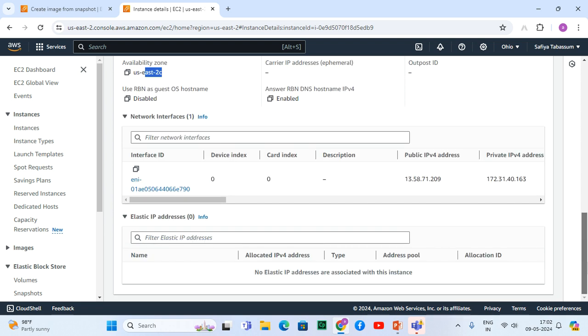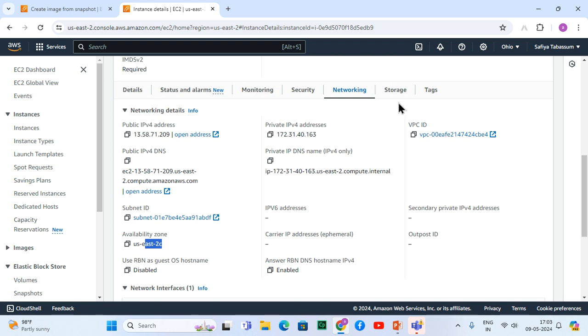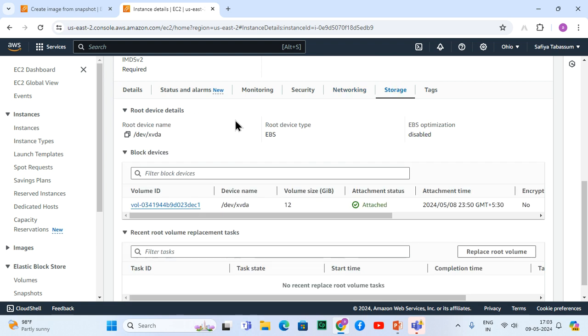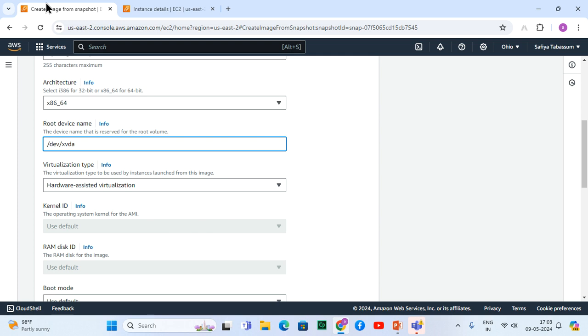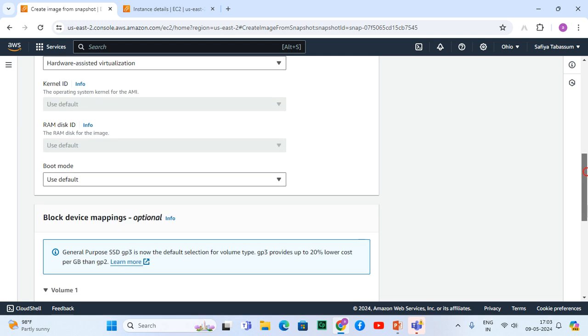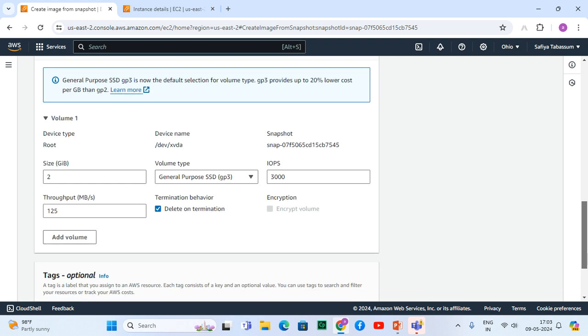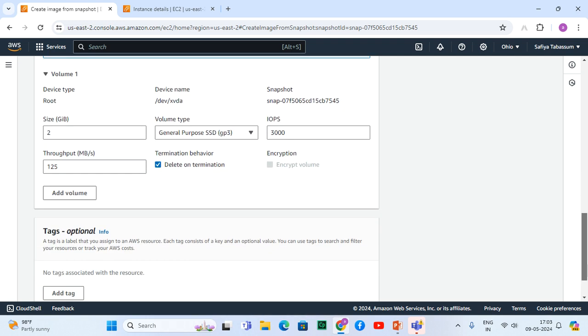It's very important to remember this point. Your hard disk information should be what? This. That means here in storage, you can see that. The default disk name is what? XVDA. So all the first volume of the disk should be what? XVDA. Now when I say this, size 2 GB, I want to attach it. I want to say 8 GB.